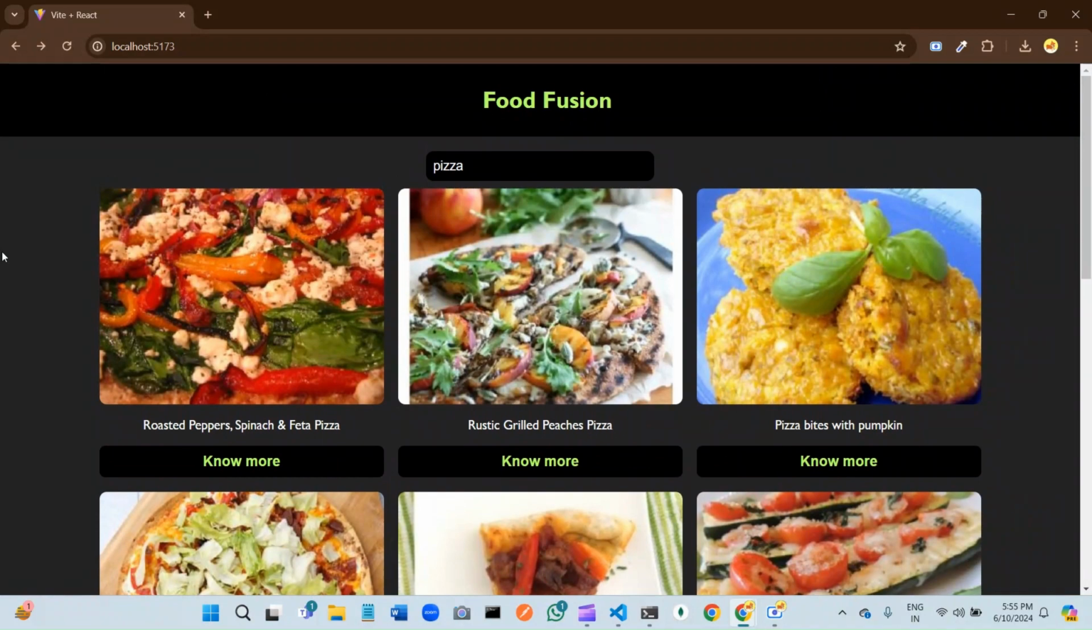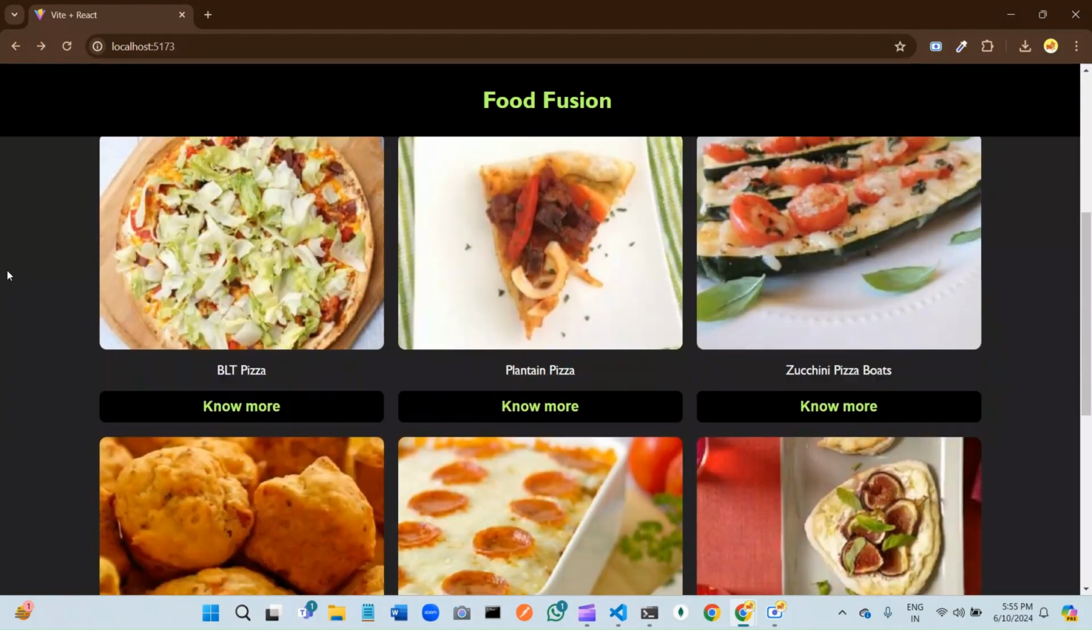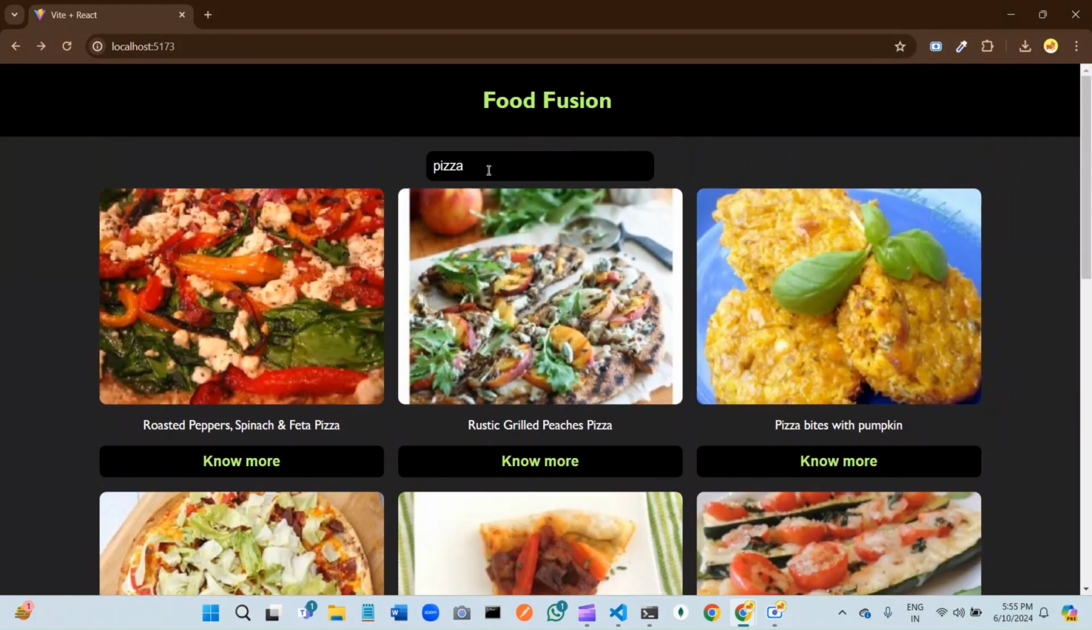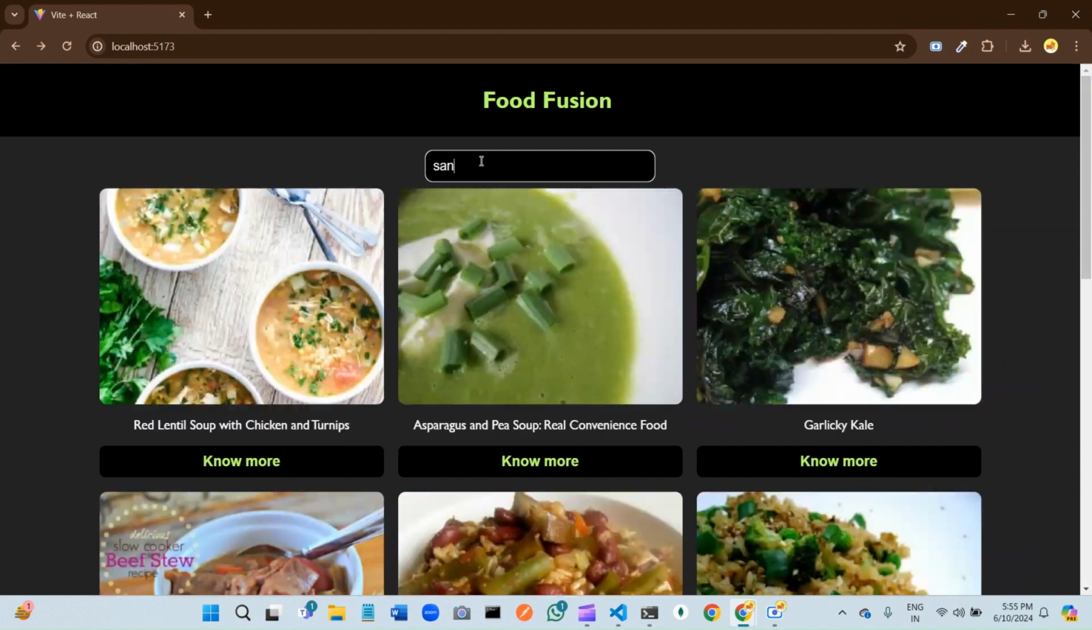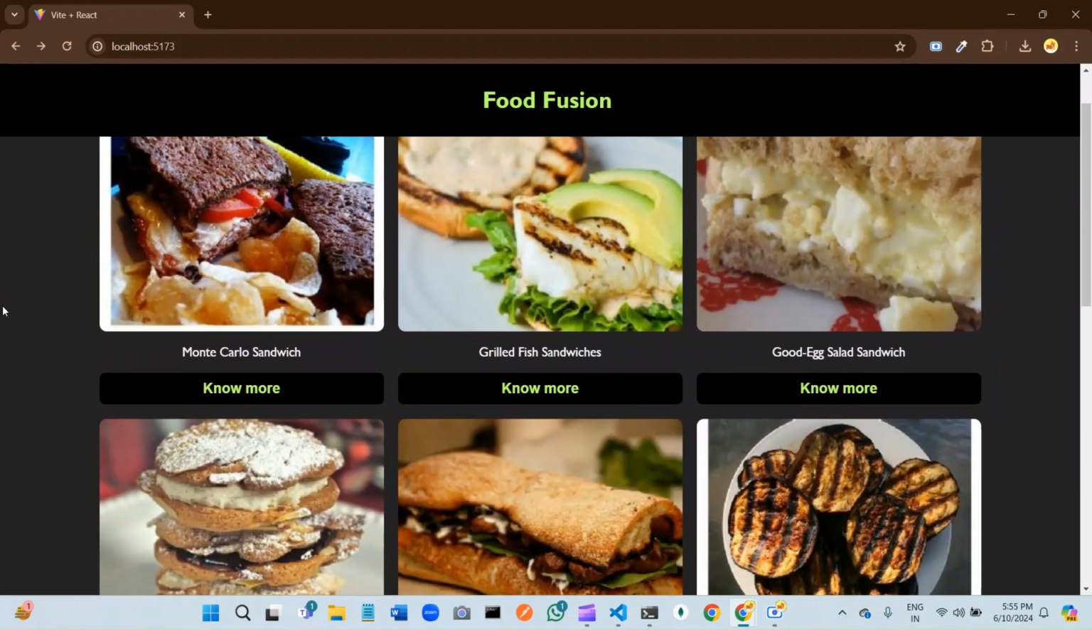Hi guys, in this video I will show you how to create a food website like this. As you can see, we're having an input to search for a specific recipe and the default value is pizza, that's why it is displaying all the pizza items. So if I type something like sandwich, it will display all the sandwich items, and if I click on no